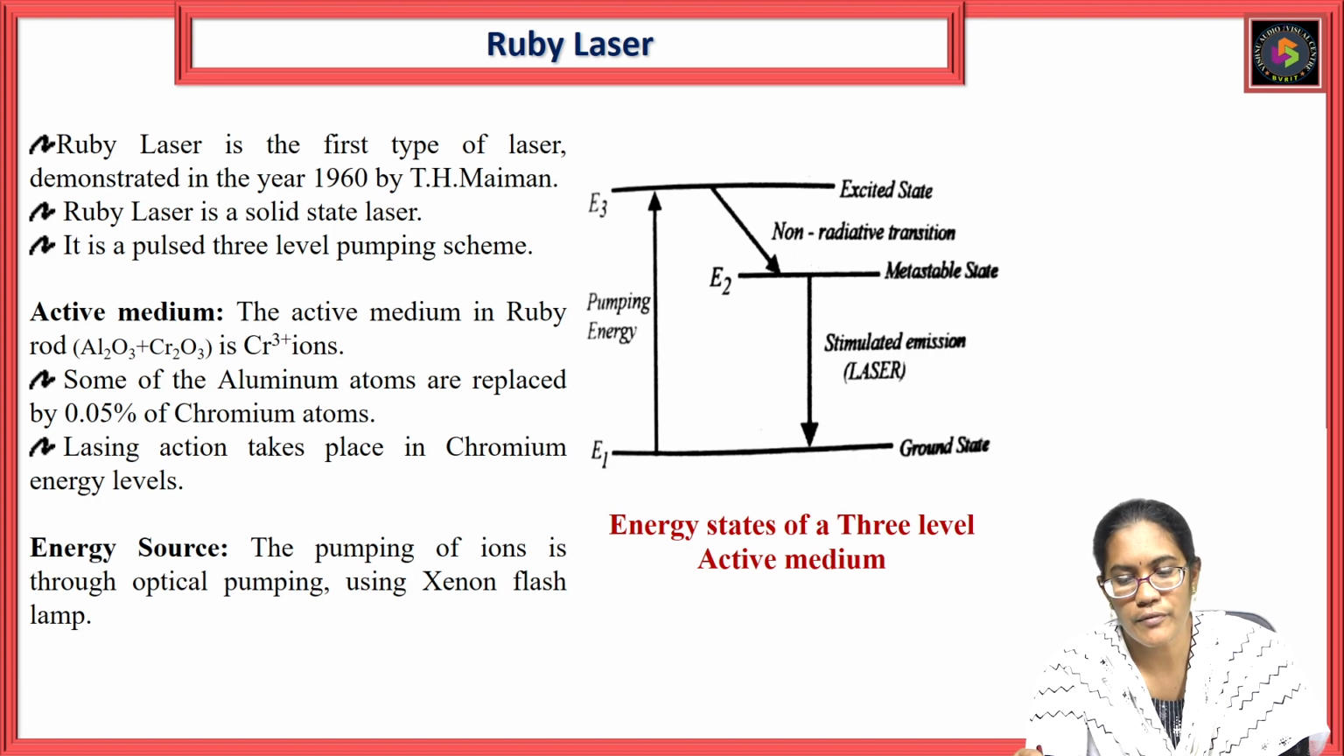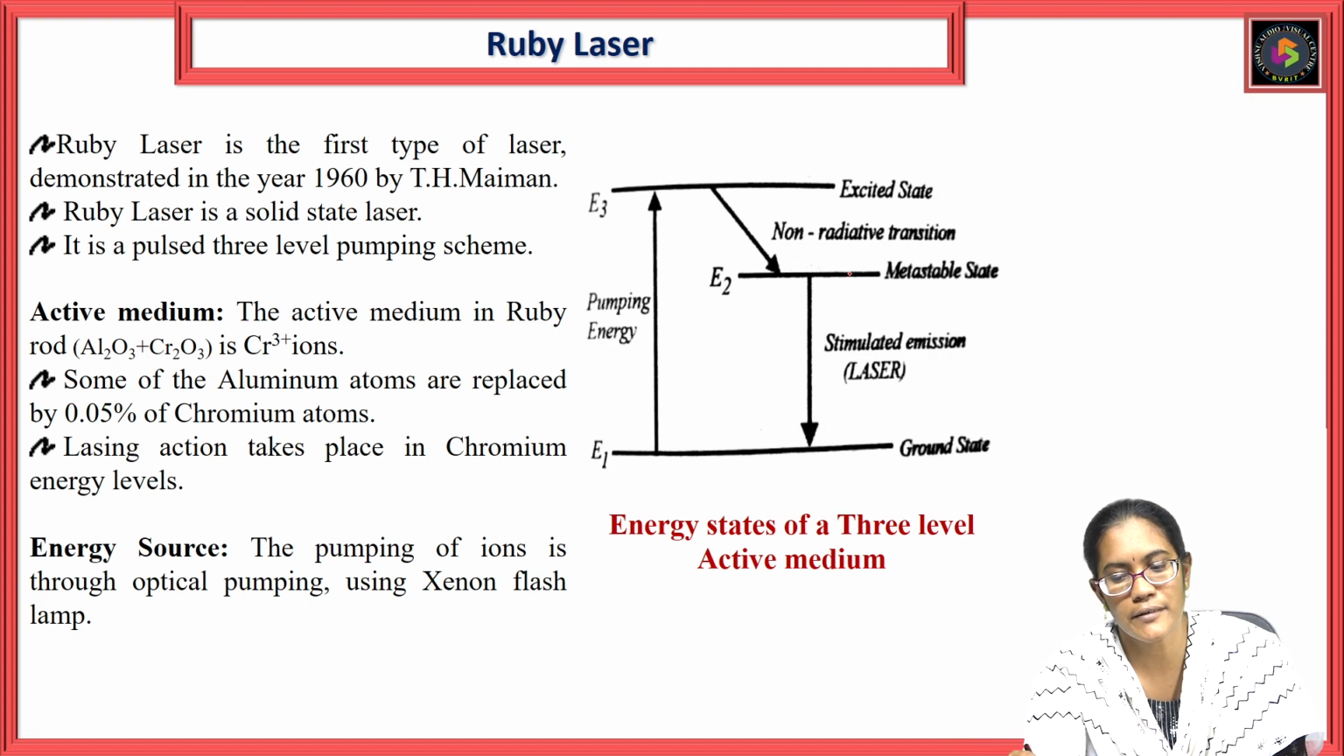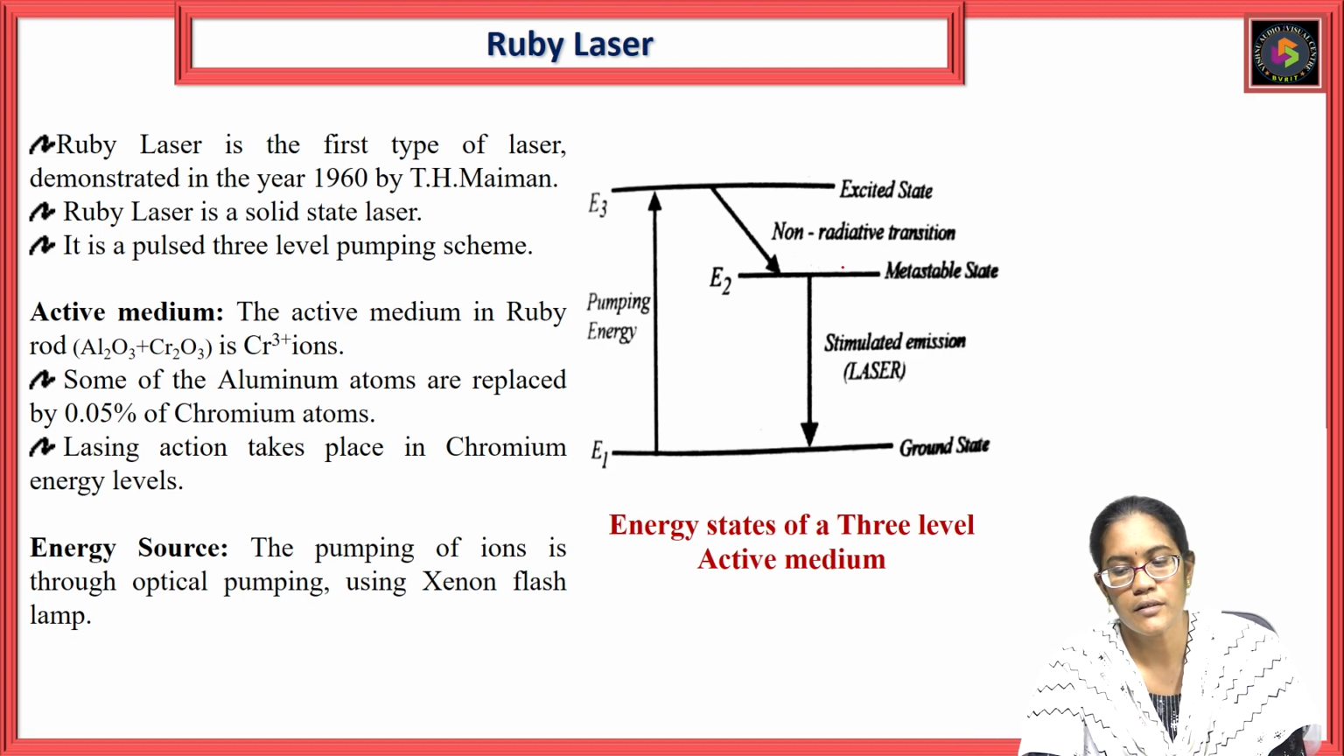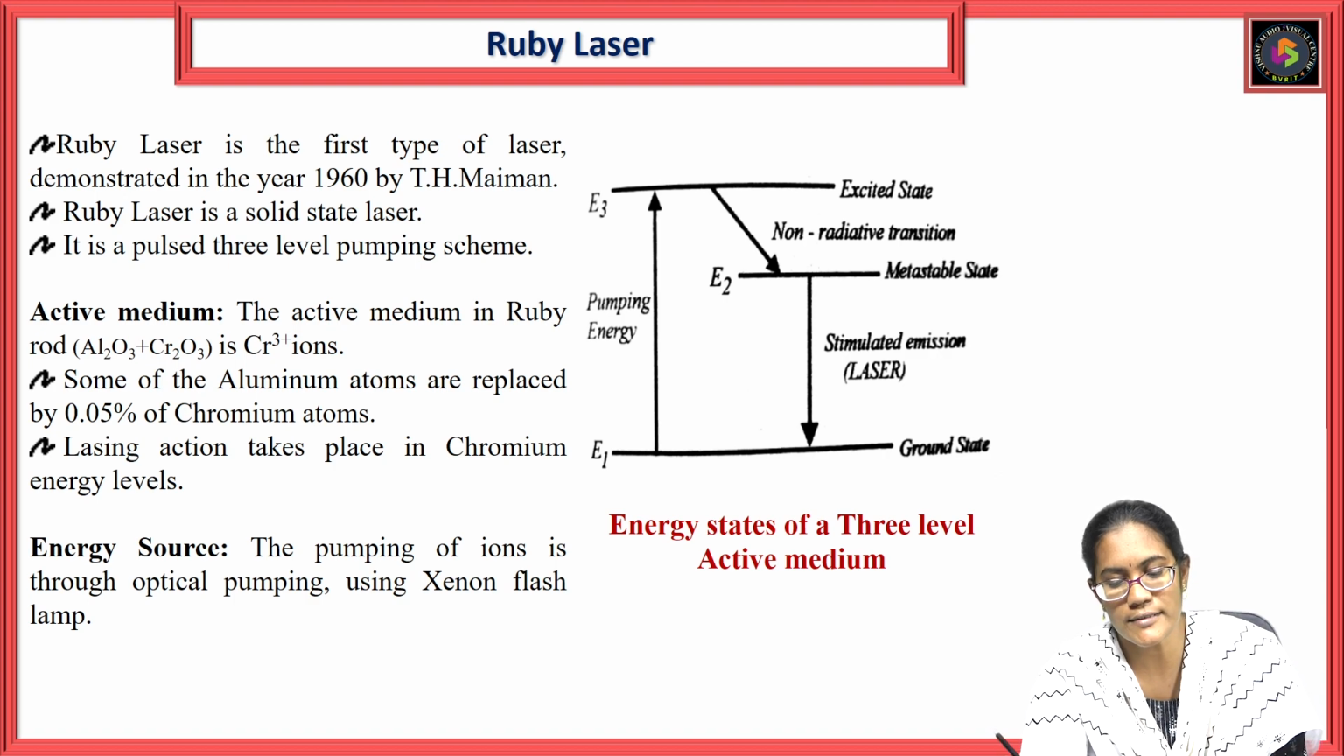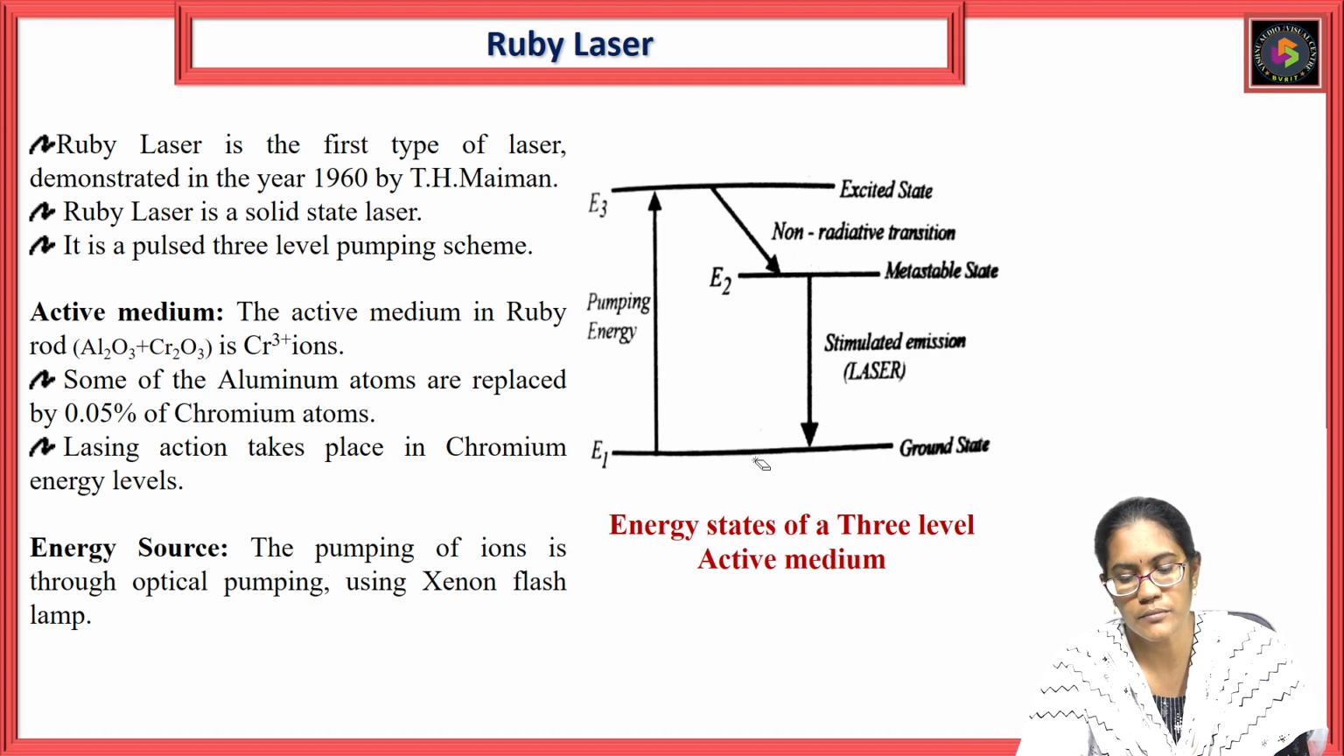After completion of the lifetime at the excited state, the atoms come to the metastable state by making a non-radiative transition. Again, after completion of the lifetime of the metastable state, the atoms spontaneously come to the ground state, E1. That occurs due to spontaneous emission, and it emits a photon of energy hν. Again, this photon